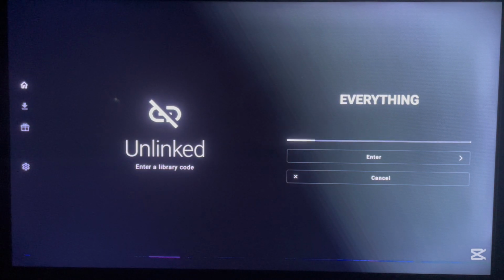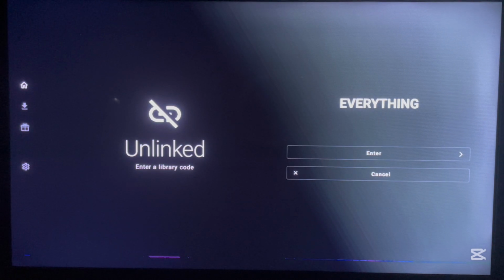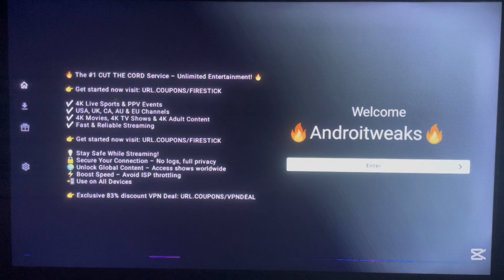Some of the applications in this library might not work on your Android TV depending on the location or where you are. So in most cases, what might help you is a VPN. So you might need a VPN to access some of the applications. I don't know where you are located, but a VPN could help you access the full features of every application